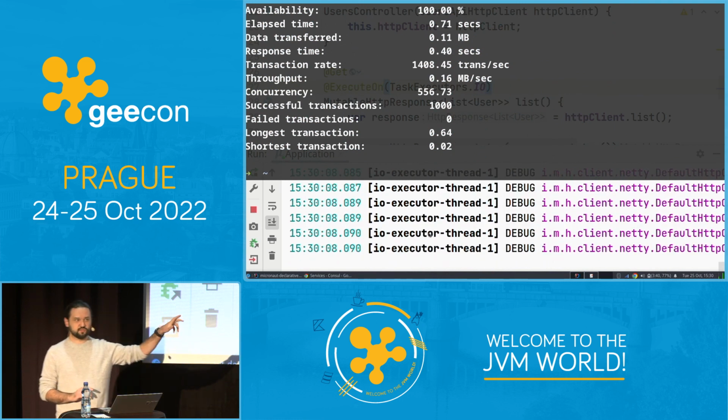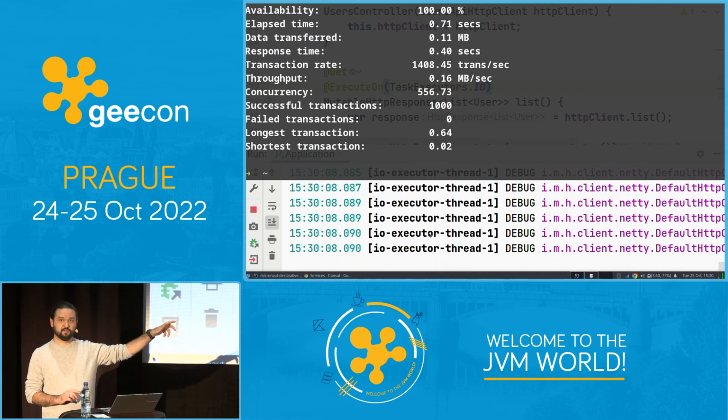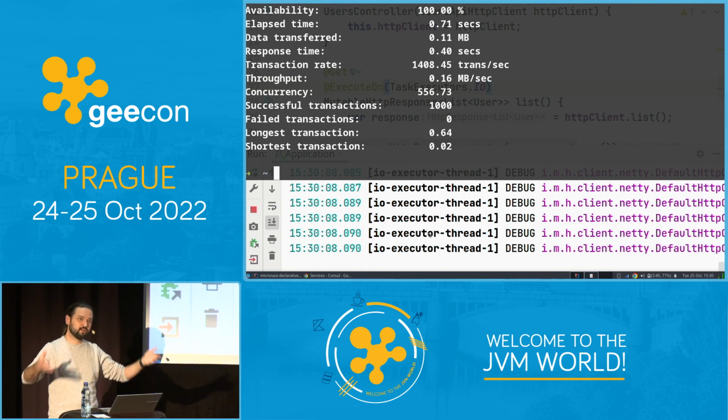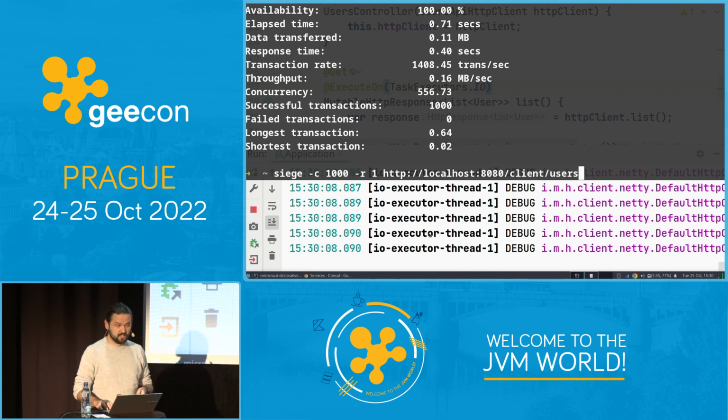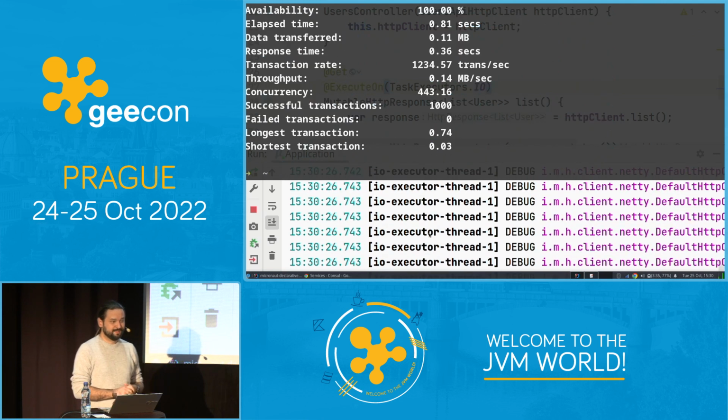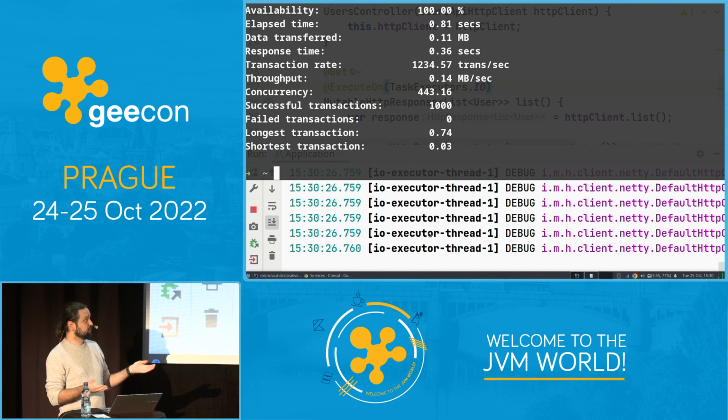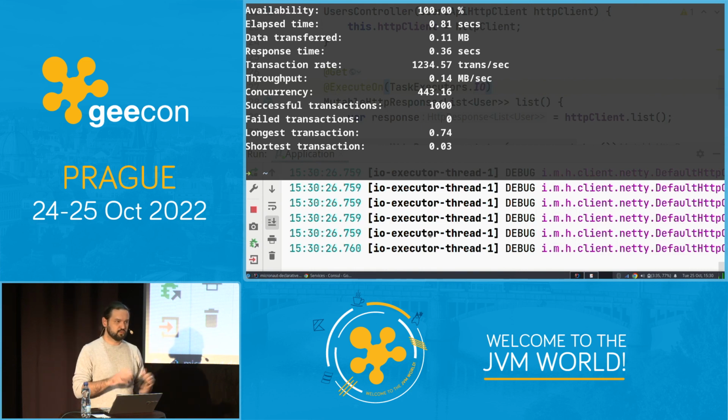When I added this executes on annotation, what happened is now I'm consuming all available threads from the IO thread pool. So I'm not running on one thread anymore in this case. I used only one thread from the IO thread pool to use the connection with user's API. But by default, now I will reuse as many threads as possible from the IO thread pool, which also might be a problem because some other processes and some other endpoints may also want to consume threads from